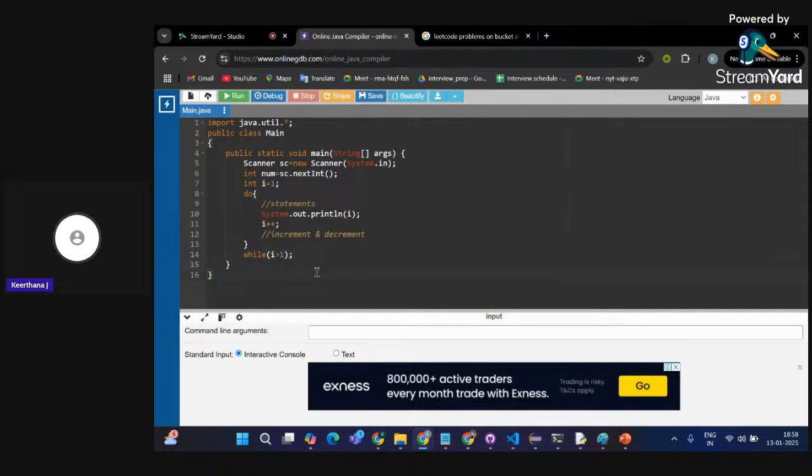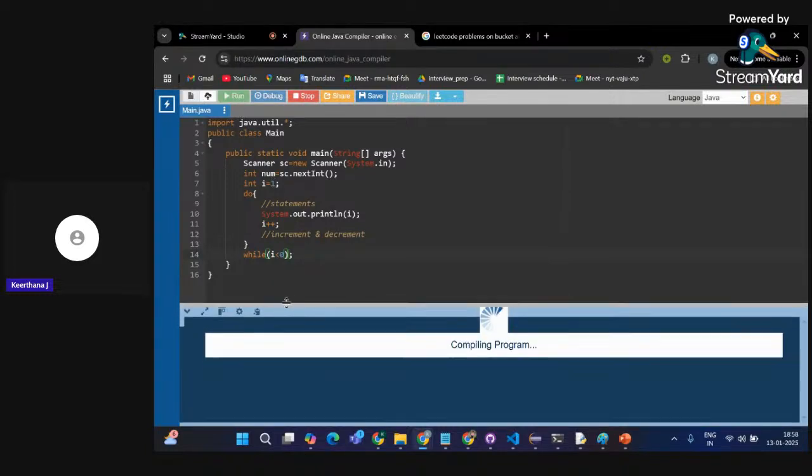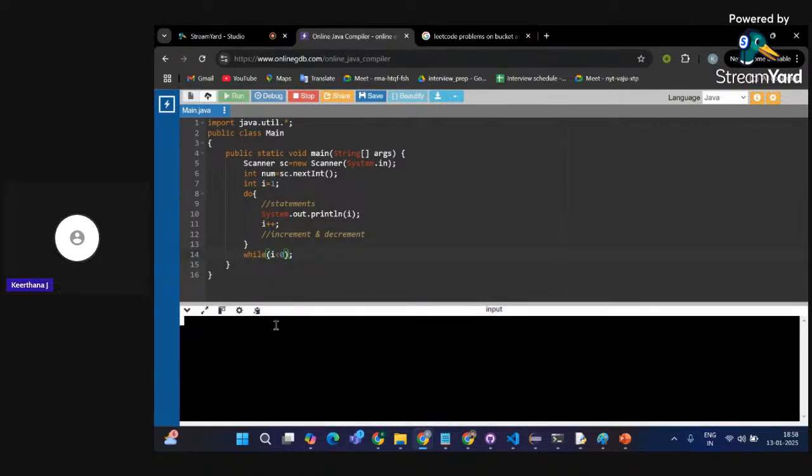Special edge case, wait. With do while I'll be having something like, while my I is less than 0, I'm going to print my I value.